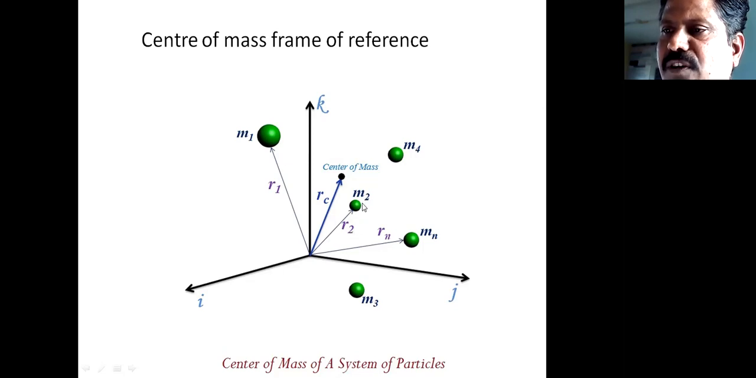This is the distance of your M2 from a fixed point, and M4 and M5 and like that. So we have N number of particles existing inside our isolated system, where Rn is the distance of the N particles from this reference point, the fixed point. In this system, it is difficult to specify the motion of